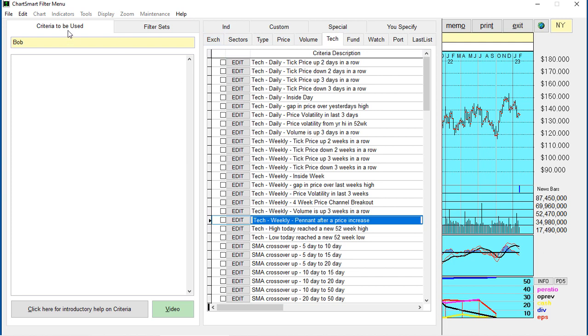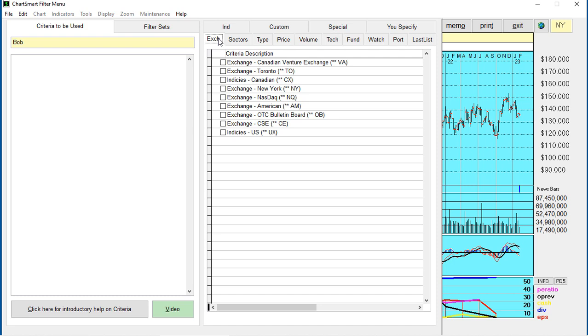Okay, so looking at the filter set Bob, we need to choose anything from all of these options, these tabs, and there are a lot of options. The simplest ones are the exchange ones, and as you go on they seem to get more complicated, and then you get into the more detailed ones, which are special, and you specify. So the idea is that each tab has a list of criteria, and these criteria, like if I take